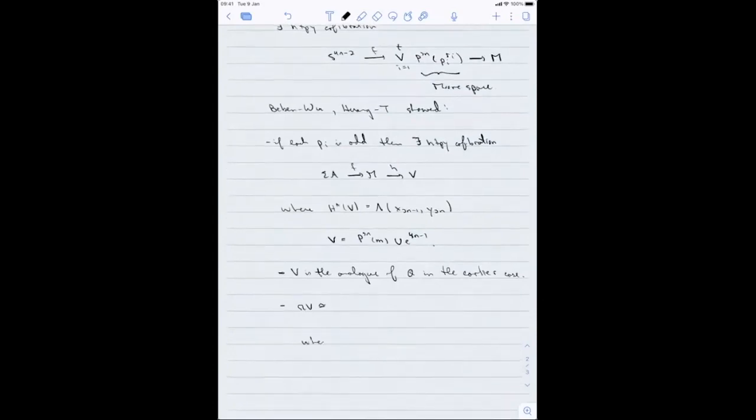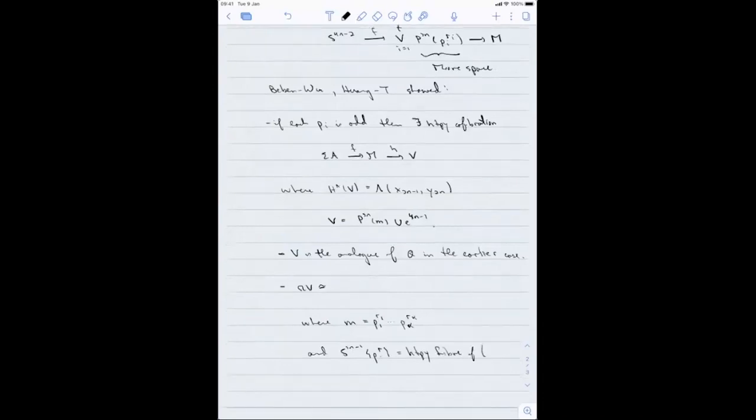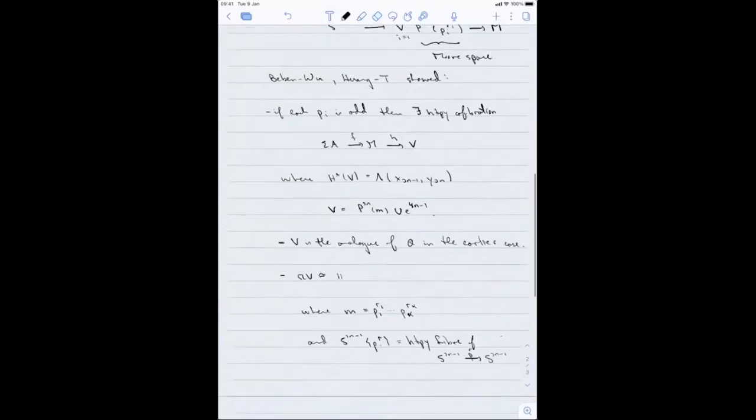Well, if you write m as a product of primes, and you define a space S^{2n-1}{p^r} to be the homotopy fiber of a degree p^r map on a sphere, then loop V has a product of these curly bracket spaces, these fibers of degree p^r maps, and